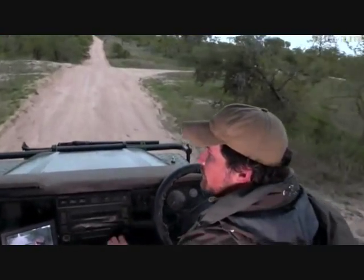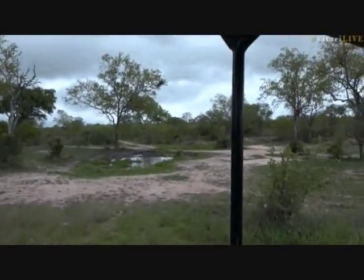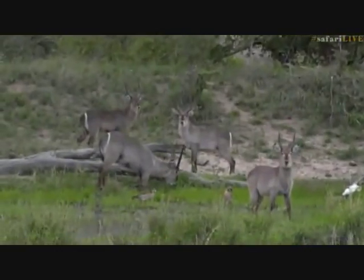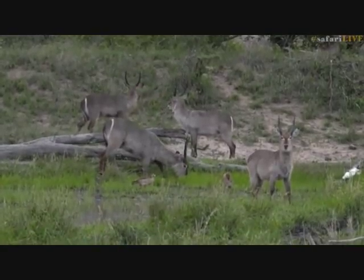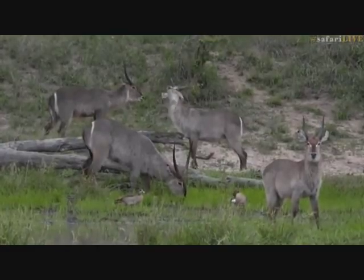Now, we've just left Chitwa because, well, Hosana wasn't anywhere that we could see him. We sat there for a while and waited and checked around. We looked around for Quarantine as well, who was also seen on Chitwa this morning, but unfortunately there is very little signal down in the southeastern corner of Chitwa, and so we left that area